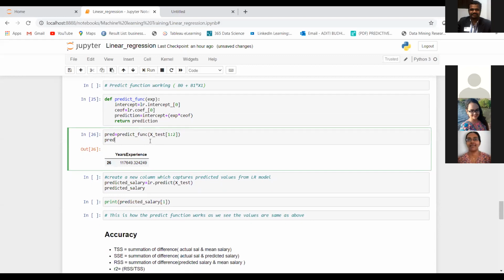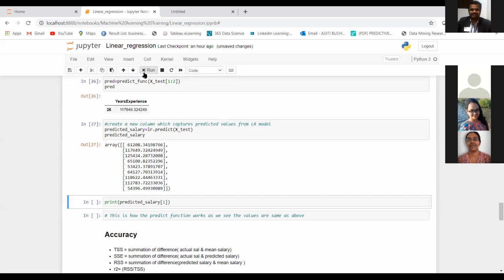This is how we can do it manually, but you did not do it manually. We have certain functions present in Python by which you can get the output very easily. You need not write your own functions. We already have a function for this, which is lr.predict. The lr.predict function will give you the predicted value of salary.